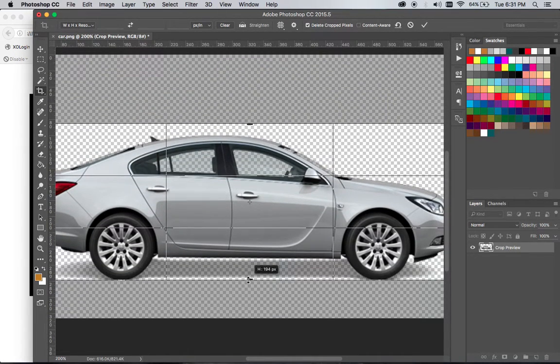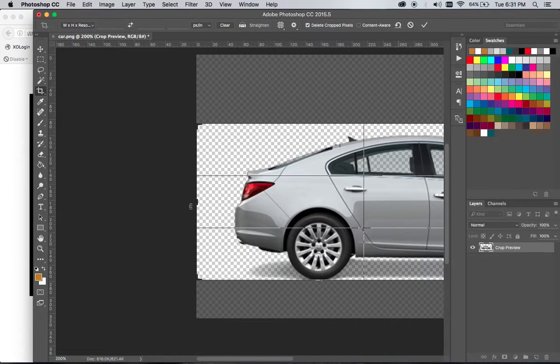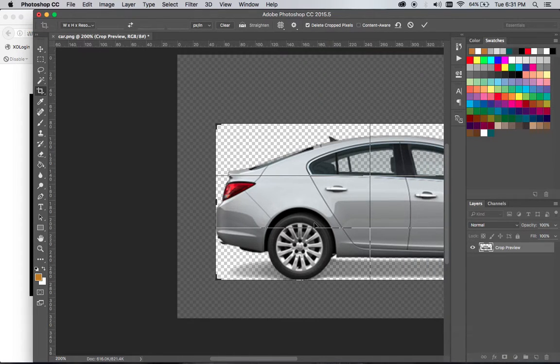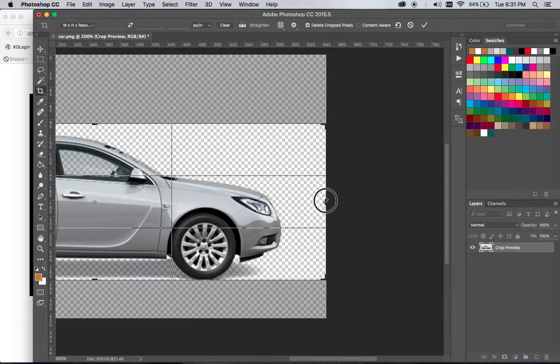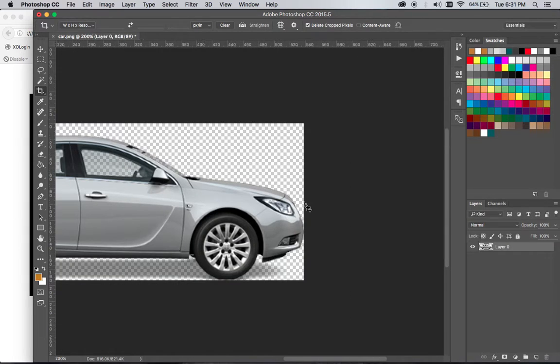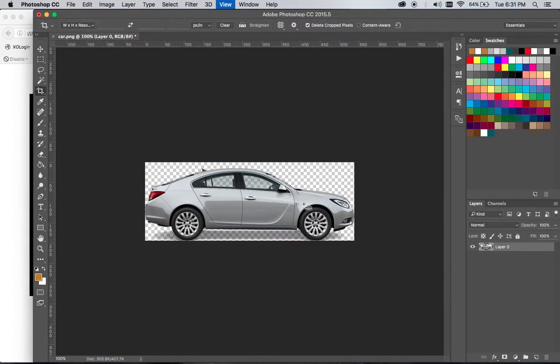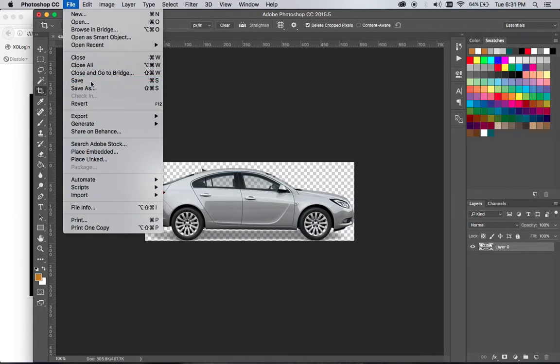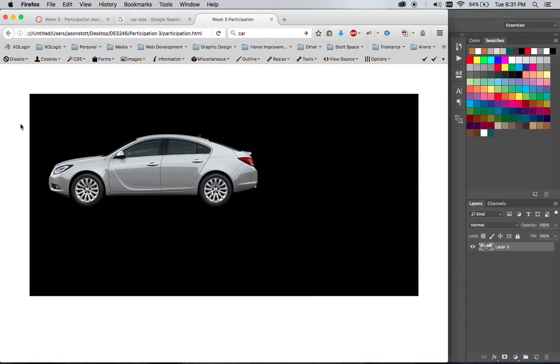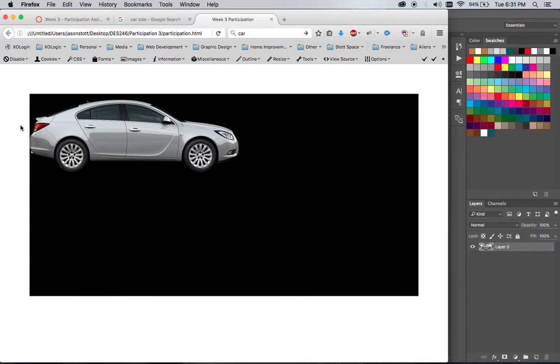So we'll go down about there, down the edges. Alright. Now our image is all ready for us, so let's go to File, Save. Alright, now if we refresh this, now we have an image of the car that's facing the direction that I'd like,